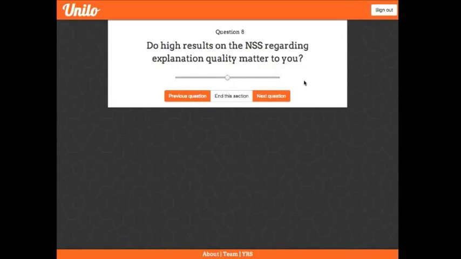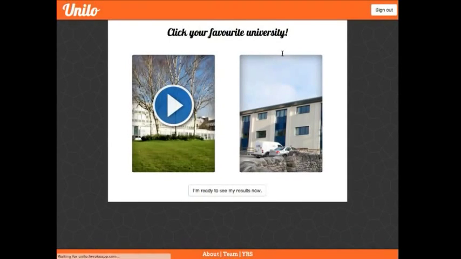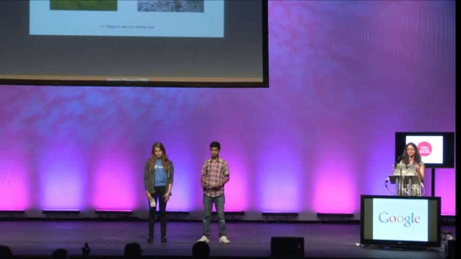You can end this section at any time, but the more questions you do, the more accurate your results will become. So then we take your responses and we combine that with the university data by taking the vector dot product. And that gives us a score for each university. We take that score and we choose the 20 best ones for you, and those move into the A/B testing